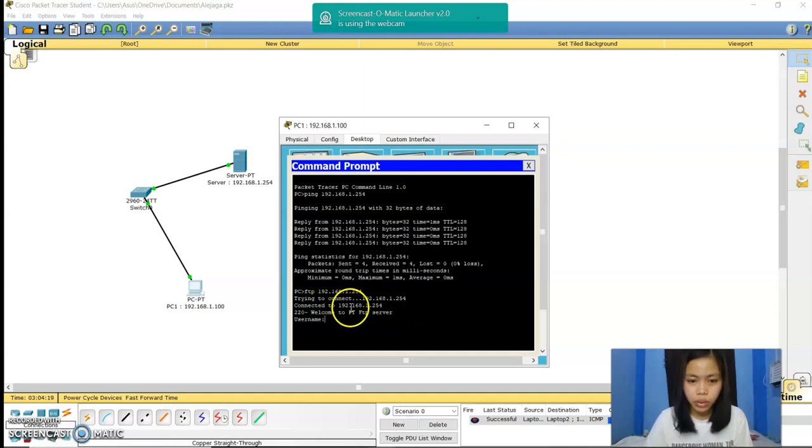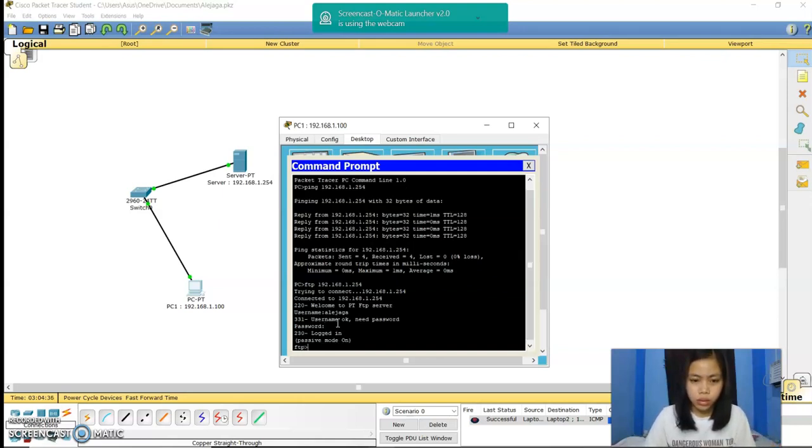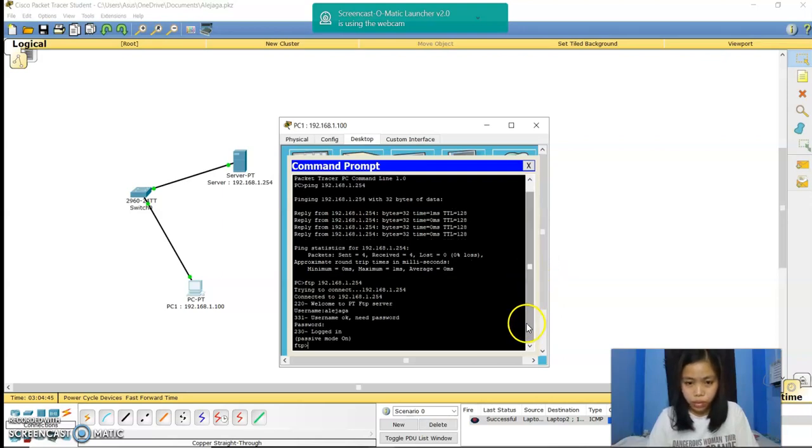Connected. Welcome to the PT FTP server. Username Alejaga. Password. So log in. So it's connected. To exit,